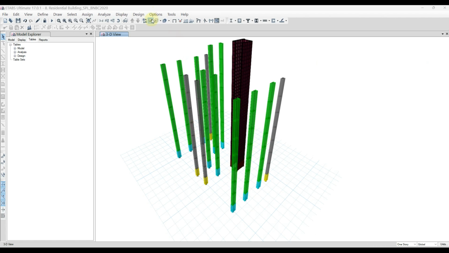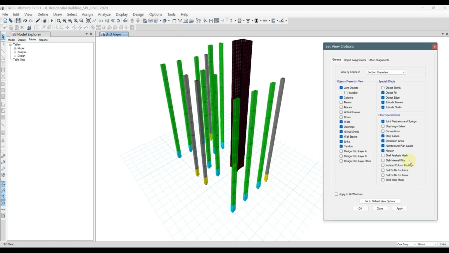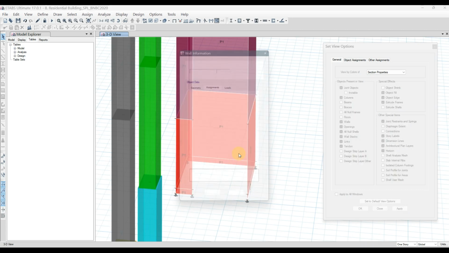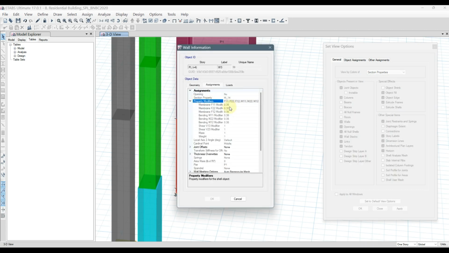For example, if you have a wall and the wall is cracked, then the stiffness modifier or the cracked section property that you use is 0.35 of the cross section property in case of bending, etc. So, for example, you can consider 35% of the cross section property. However, in case of an actual shear wall, F22 is the one which works, and M11, M22, you can consider